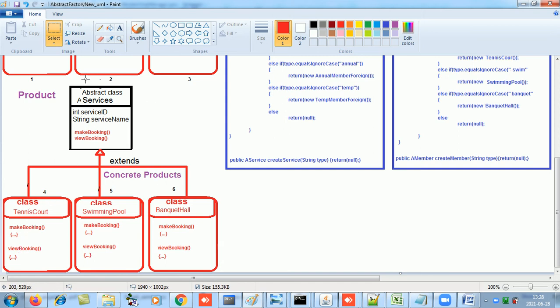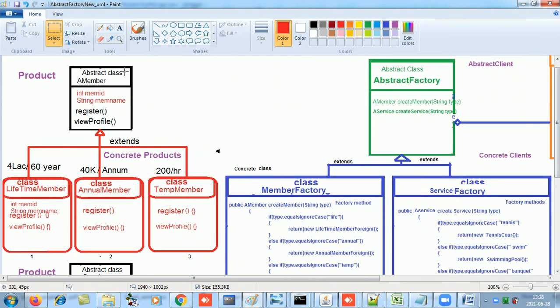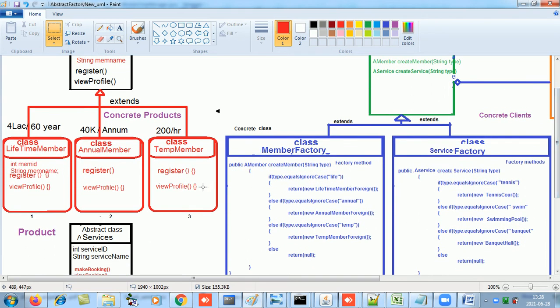So now earlier I had 1, 2, 3, now I have 4, 5, 6 concrete classes under two different abstract classes. One is AMember and one is AServices. Now I will have two factory methods.